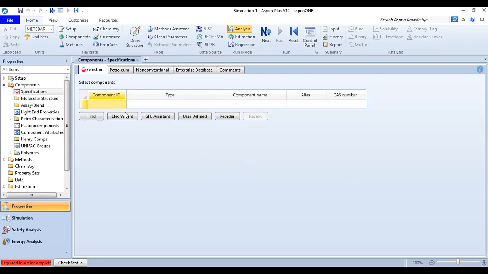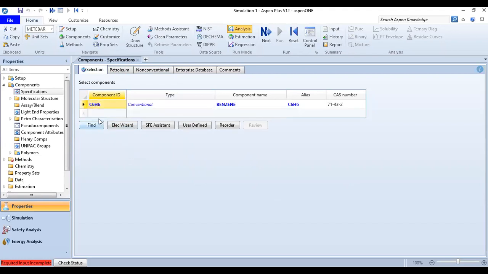All right, so we are now inside the components specifications under the selection bar, and we will find our 4 components in this window. Okay, so we can go to this component ID. All right, and then we can type in C6H6, the benzene. All right, so the type is conventional, component name benzene alias C6H6, and this is the CAS number. Okay, that's our first component, and then chlorine, Cl2,